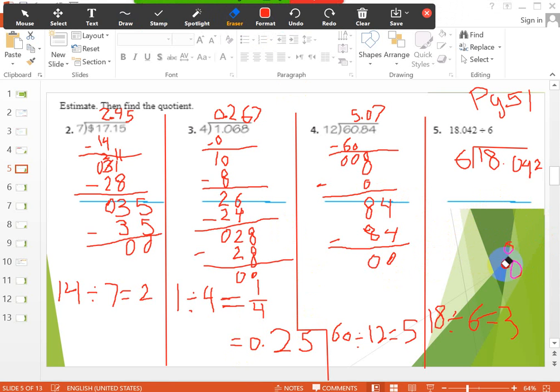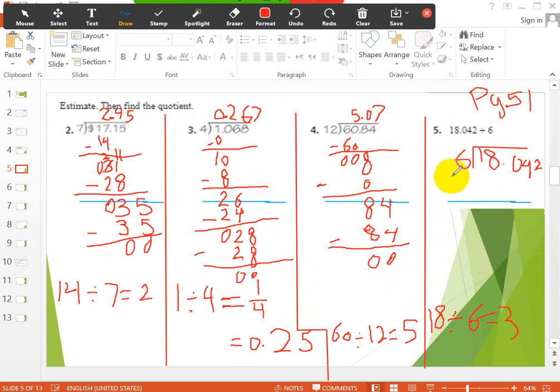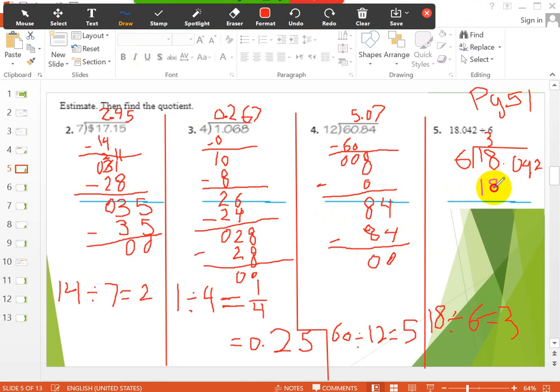Now let's continue with number 5. Now 18 divided by 6, very easy. Which number do I multiply by 6 to get 18? I think it's 3 in the ones digit. So 3 multiplied by 6 equals 18. So I write it here. Okay, Lamar, you asked me about the answer. Your answer is close, but not the correct answer. There is something wrong, okay? Now, 18 minus 18 equals